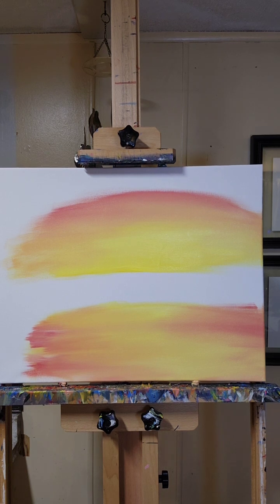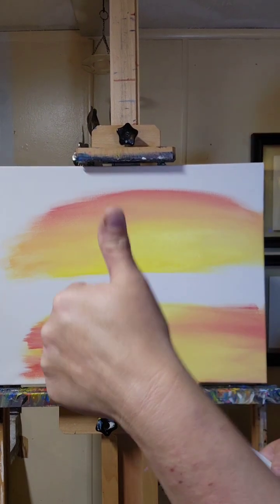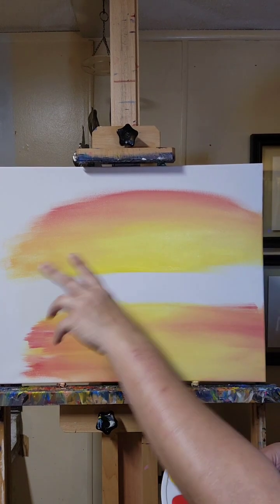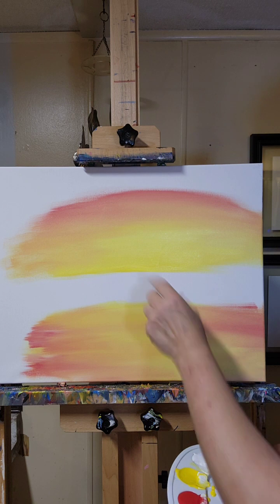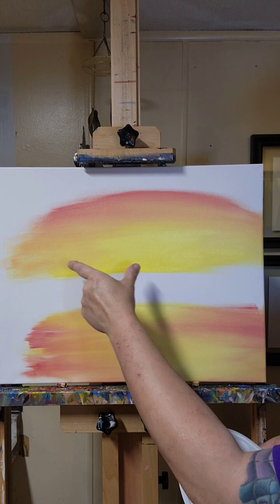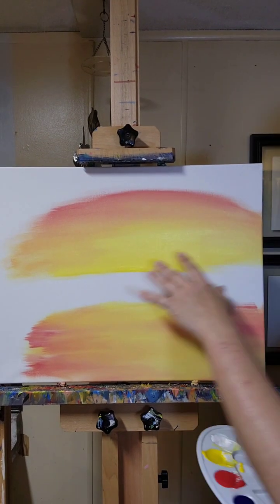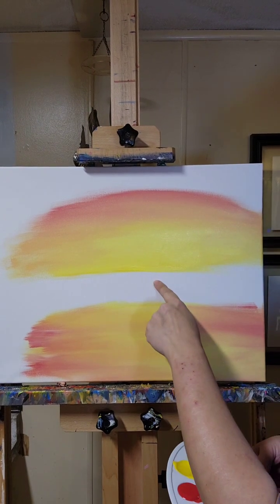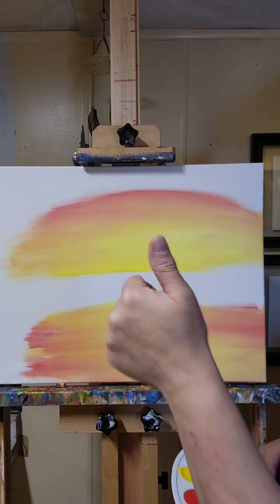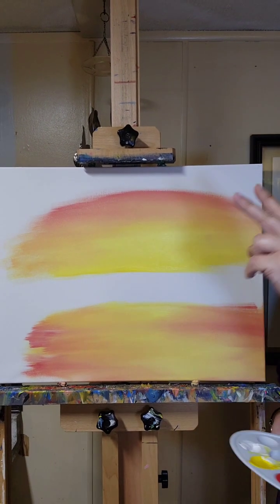I wound up not getting mostly orange because, number one, I made my yellow bigger than what I wanted it to be. So I had more room to work with. If you start off your yellow this big, because that's how much yellow you want, and then you turn around and try to do the red into it, it's not going to happen. You're going to chew up that little tiny yellow spot, and you're not going to be able to blend it out. So the first thing I did was start with the yellow bigger than what you wanted. Secondly, when you add the white